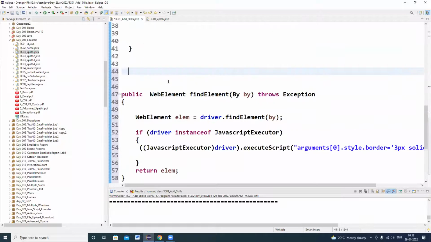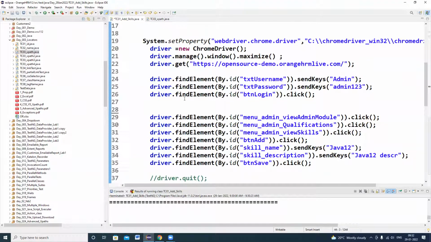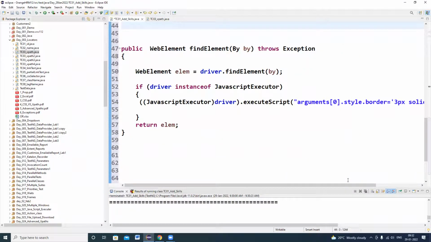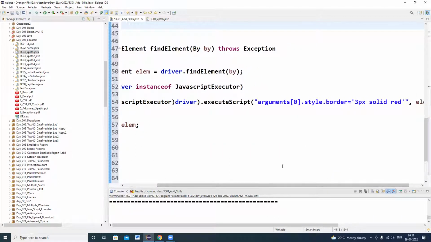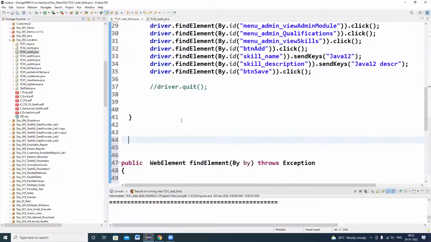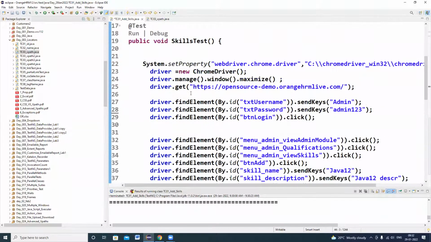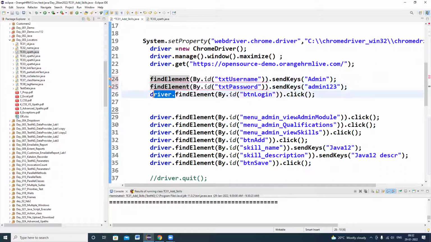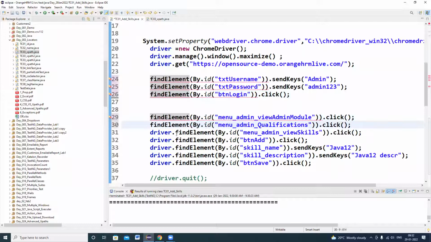Okay, now I have written it. Now I want to execute my set of driver instructions with the border highlighted in red color or something. So what are the things I have to amend now in my script? I have to remove driver dot. Okay, I'm removing driver dot. So can I write driver dot also? Yes, we can write it, but the web element border cannot be highlighted. It will just be executed.